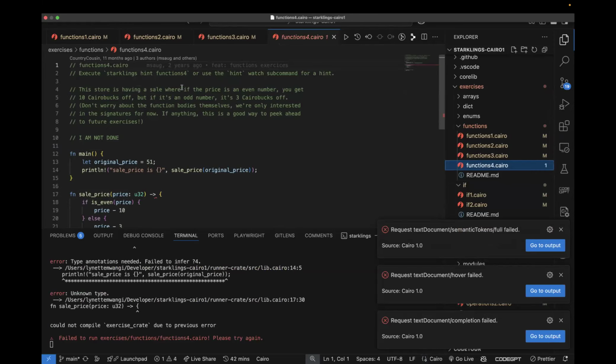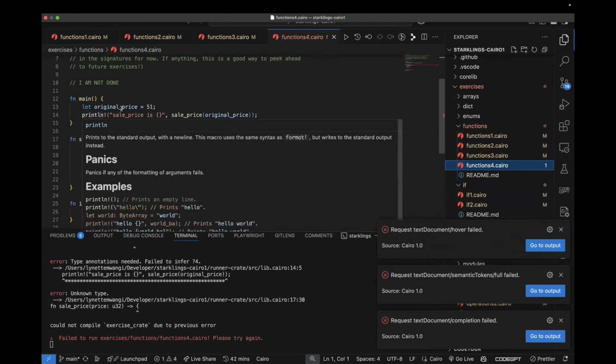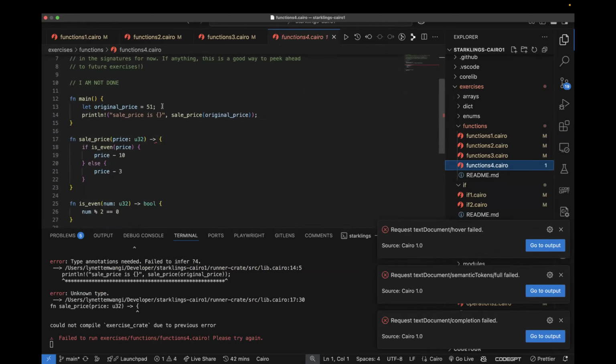This store is having a sale where if the price is an even number, you get 10 Cairo bucks off, but if it's an odd number, it's 3 Cairo bucks off. Don't worry about the function bodies themselves. We're only interested in the signatures for now. So we have our main function. Original price is 51. Sale price is